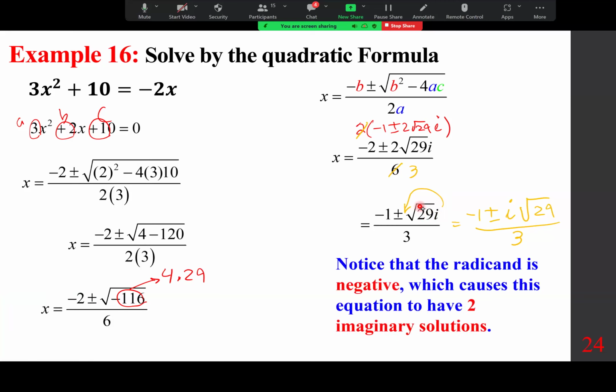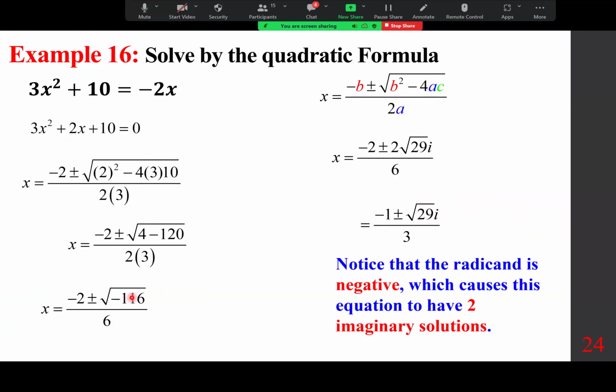Now, notice that the radicand is negative. What does it mean? The equation has two imaginary solutions, complex solutions,